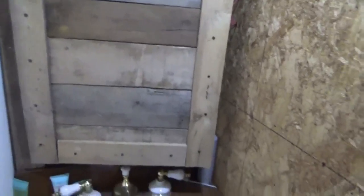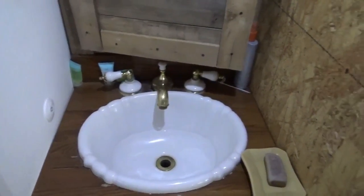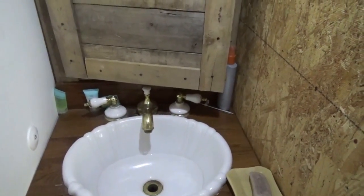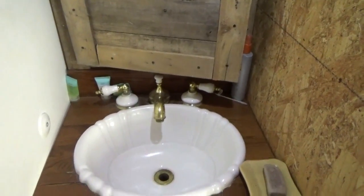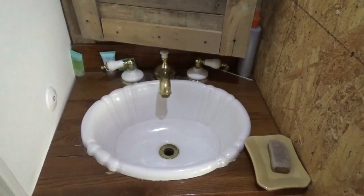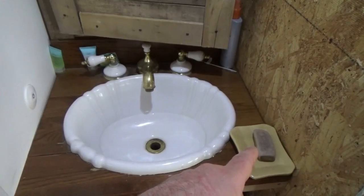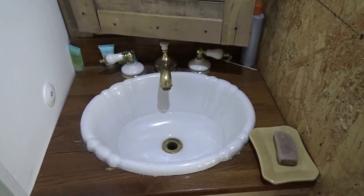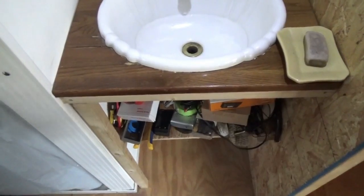As you can see, the other wall is not yet done. My sink is reclaimed, and one day I'll put a new top on that. Whoa, the wind is blasting. Wow, we get like 50-mile-an-hour wind gusts blasting through here. So the sink, I got that for free, and I use homemade soap, by the way. I haven't purchased soap in at least 5-6 years, I think. I make my own soap now. I will be having a door on here one day, and the cat litter is down below, so the cats